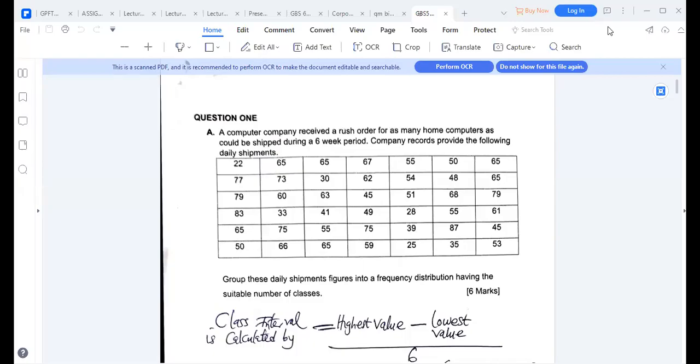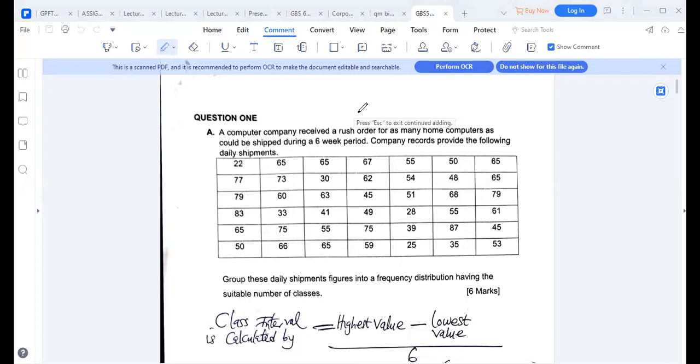Okay, so we are now looking at an assignment review, and this one we'll start with the first question, which is on the descriptive statistics. Okay, so we are looking at question 1,